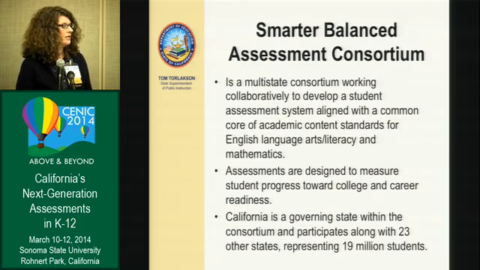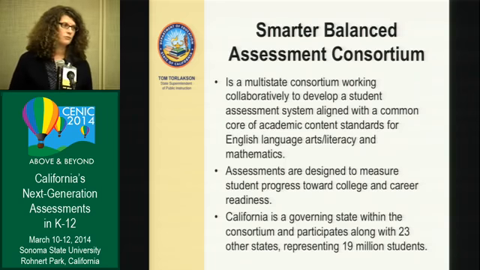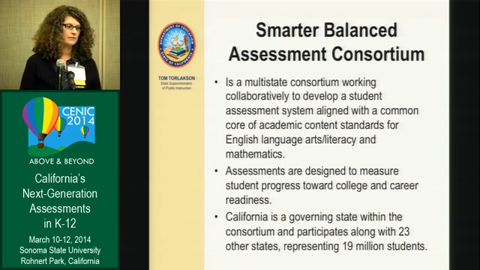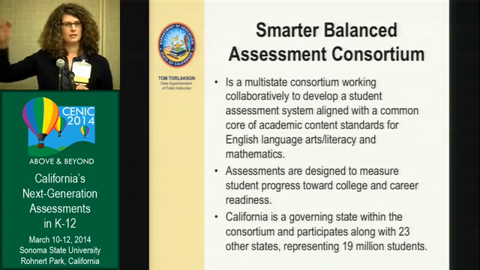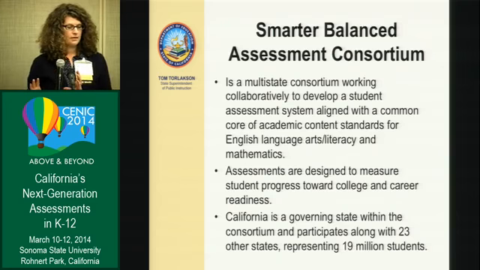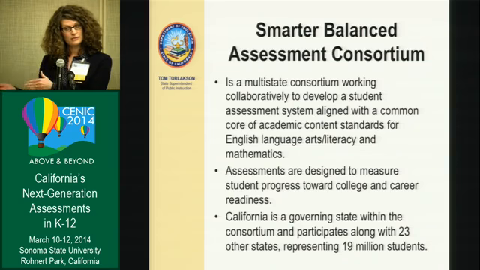So we are part of an assessment consortium called Smarter Balanced. Some people refer to it as SBAC, but it's really Smarter Balanced to us at the state level. And that is a multi-state consortium. A lot of the western states are part of the consortium, and then if you go Midwest a little bit, and then in the Northeast as well. The remainder of the states are either conducting their own online or their own assessments. Granted, this is aligned with the new Common Core standards, so that's why this is such a national focus.